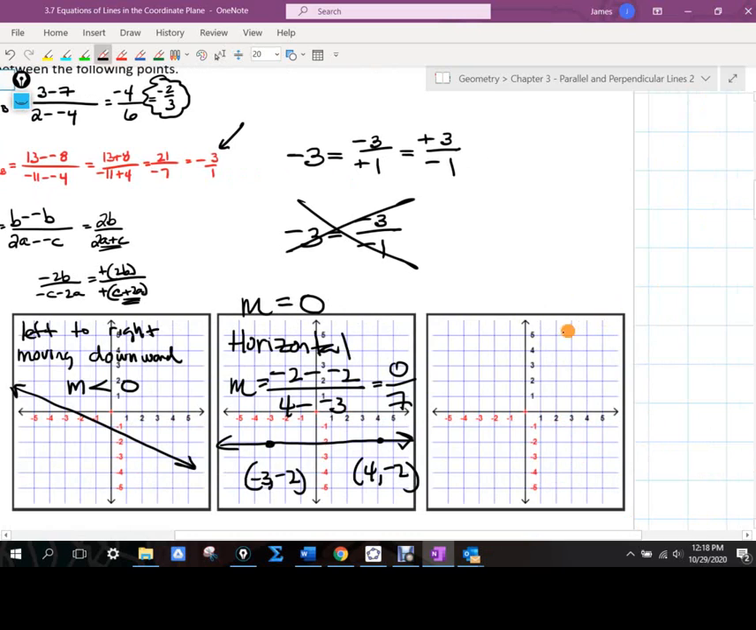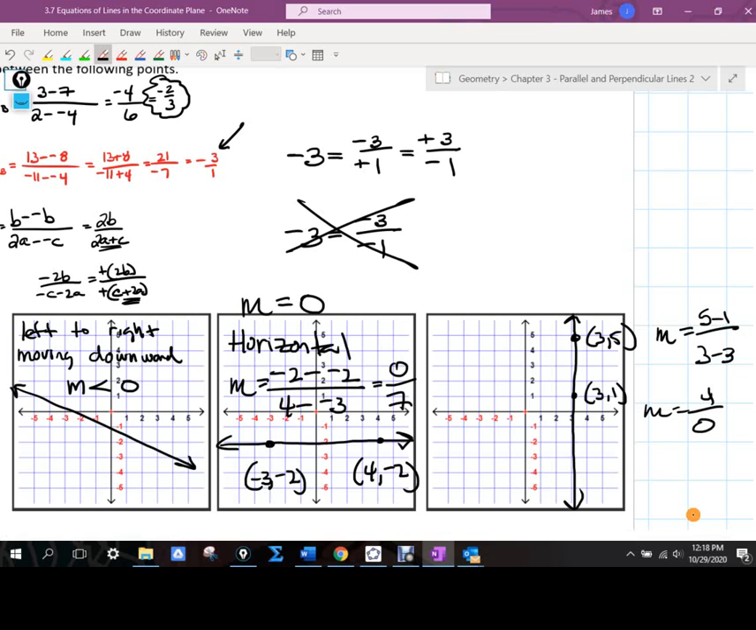If I do this, though, let's say I've got that line right there, and let's say we got the point 3, 5 and the point 3, 1, and I do the slope there, I would have rise, which would be 5 minus 1, over run, which would be 3 minus 3. That gives me 4 over 0, correct? Can I divide by 0? No, you cannot. Okay? Cannot divide by 0. So this would be,